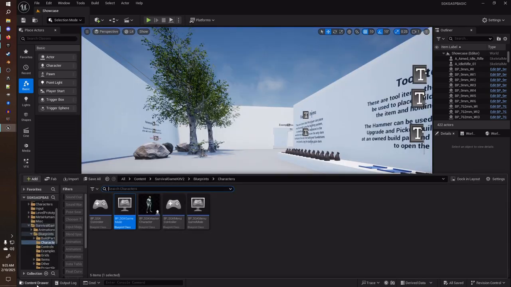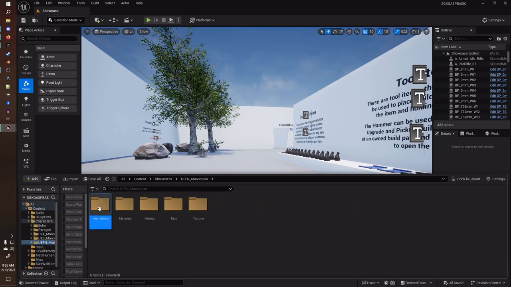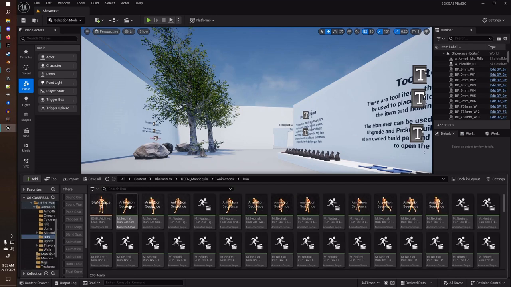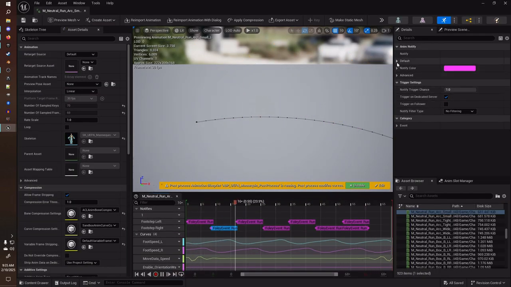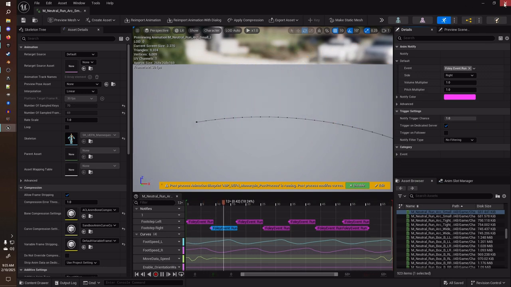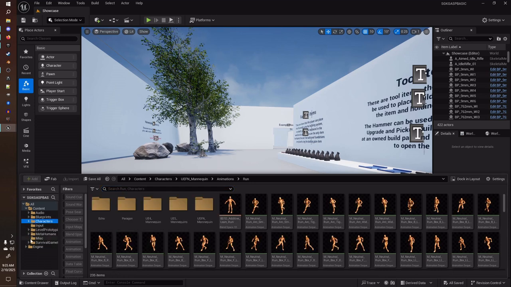Alright. Let's just go ahead and double check to make sure that our animation notifies came through on here. They should have. I don't see why they wouldn't. Let's check run. Yeah, they're all good. Alright. So, now that that's all working, doesn't seem like we have any issues or errors anyway. What we're going to do is go ahead and go into our SGK